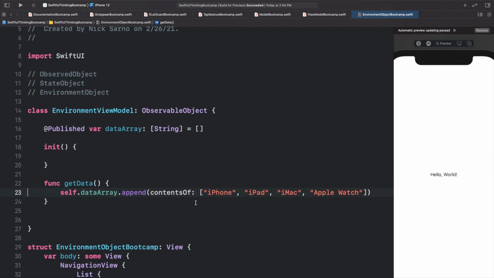And all that really matters here is that we are going to append these 4 items to our data array. So when we init, let's call getData, and that should be it for this actual class. Now I want to note here that